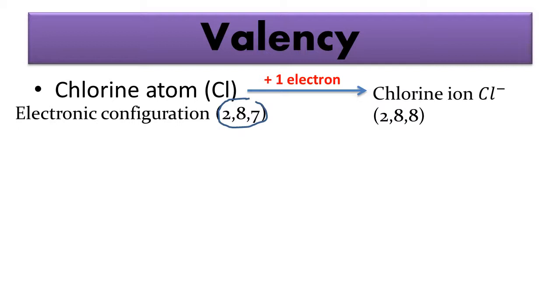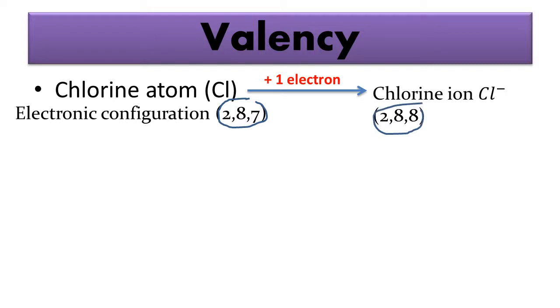So what is here? The chlorine atom's last shell has 7 electrons, and to complete its octet state it will require one more electron. So it will accept one more electron from the sodium atom, or any other atom. So what will happen here: after the addition of one electron, the electronic configuration of chlorine will become